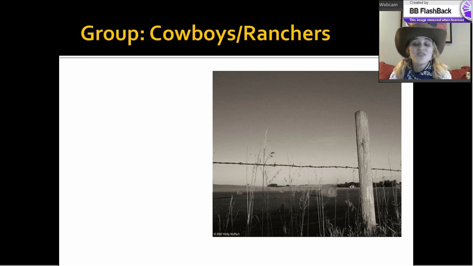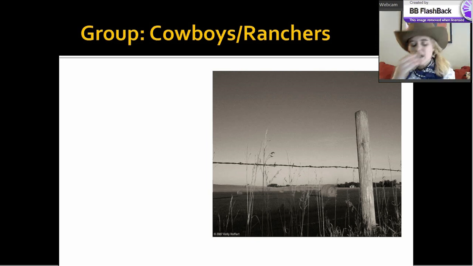So they realize that if they can get the cows to the railroads, they can sell them for money up in the Midwest, in Chicago, where the meatpacking plants are. But they can't leave their own ranches and take the cows up themselves. It's a long way, hundreds of miles to take their cows. So what they do is they hire young men who are unemployed and pay them to walk the cattle to the railroad stations, where they can then be transported up into the West, and they'll get their payout there at the railroad station per head of cattle. So essentially what they're doing is being the middlemen between the ranchers and the meatpacking industry.